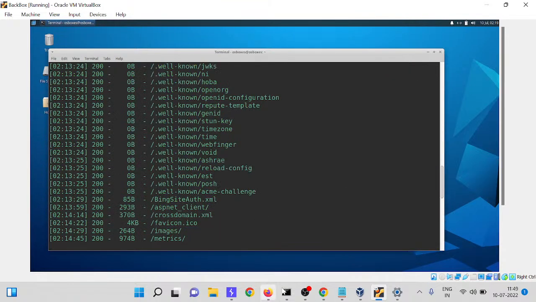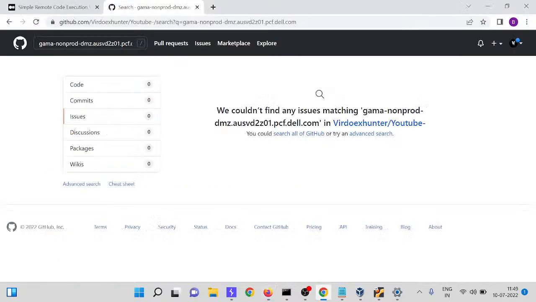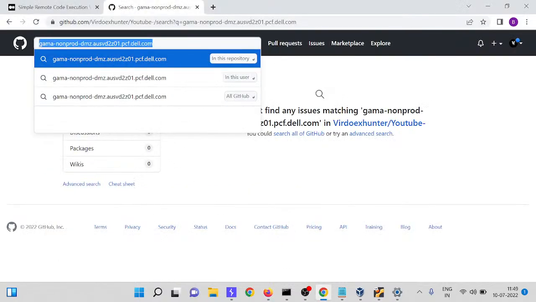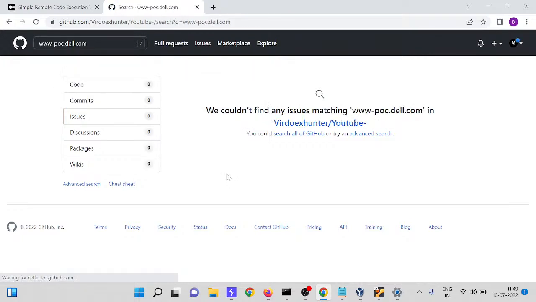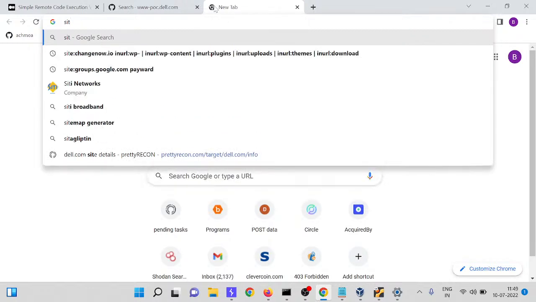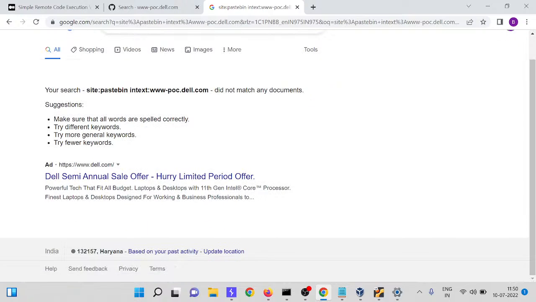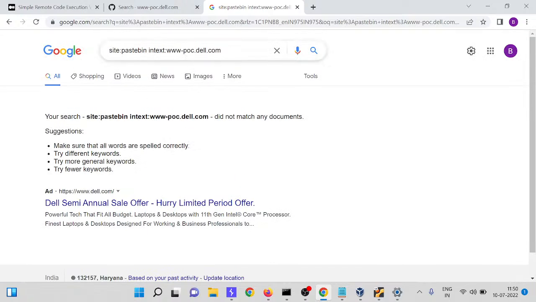Second, one more thing you have to try is search the same domain in GitHub. Nothing here. One more you can try is, nothing on paste sites.